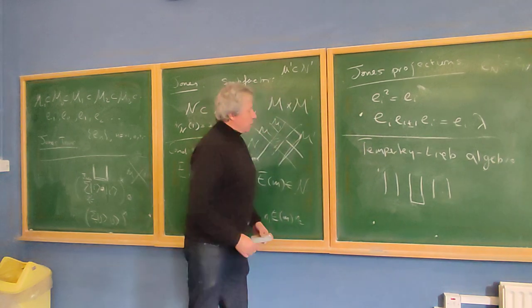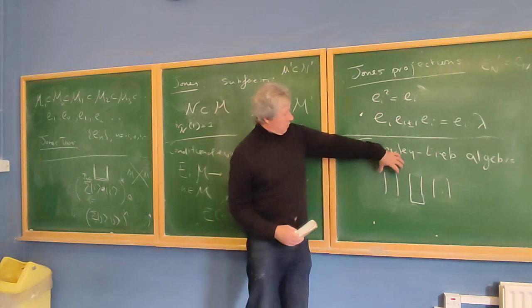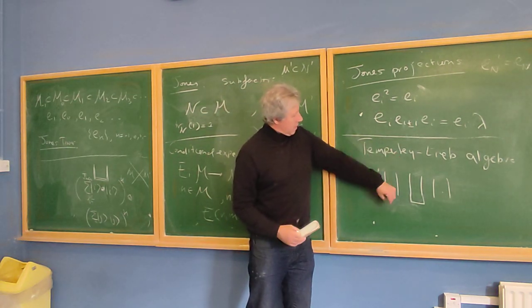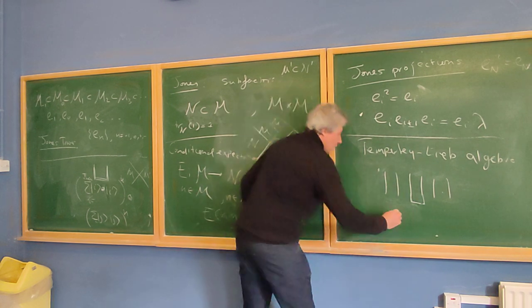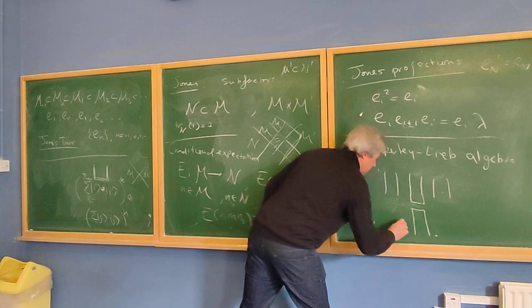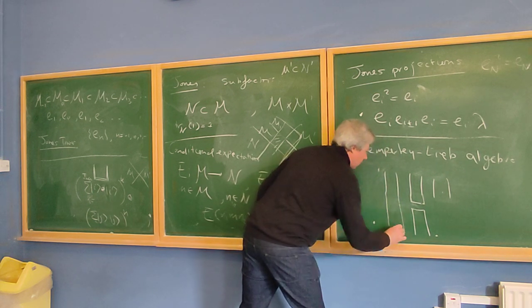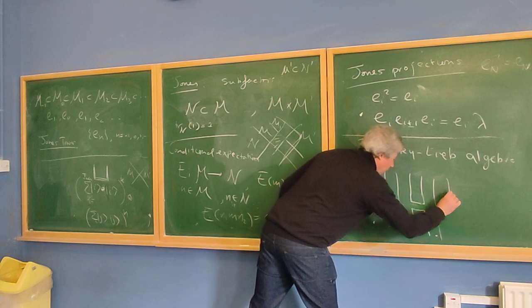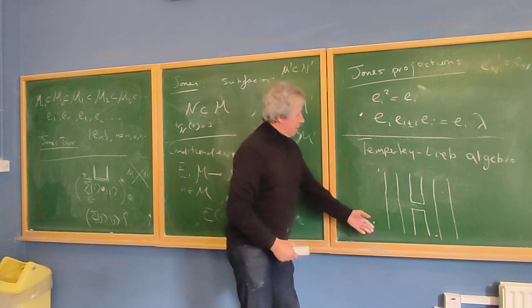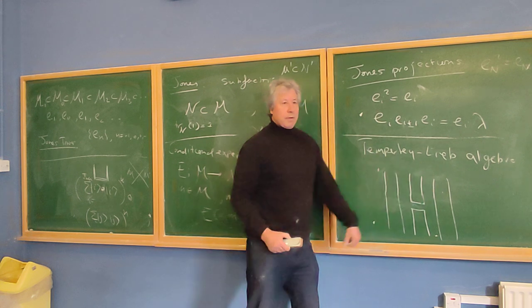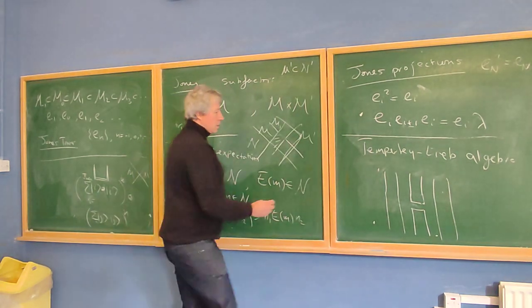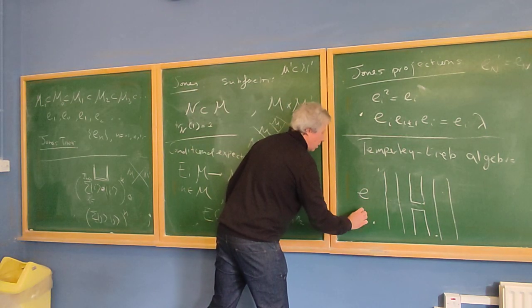So in order to project on this subalgebra, I entangle these two. As an operator acting on this Hilbert space, this is a projector, namely I project on an entangled pair. So this is E, say,